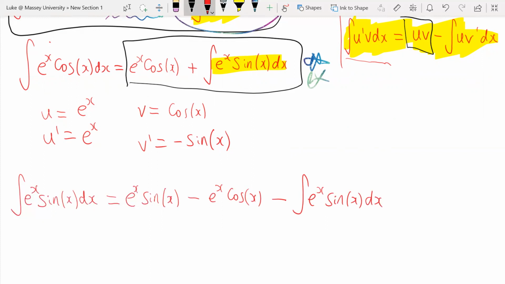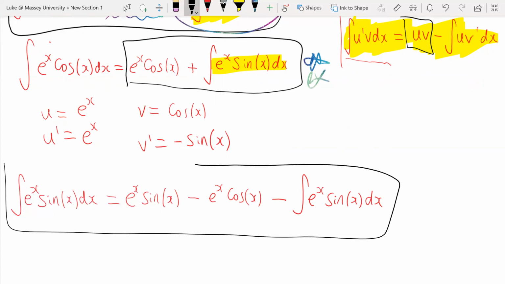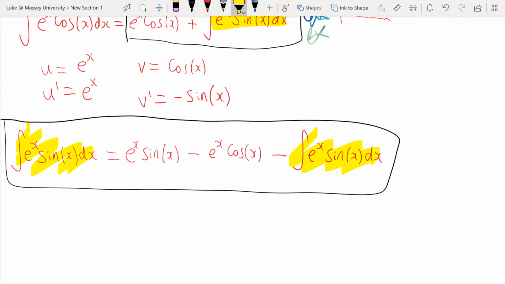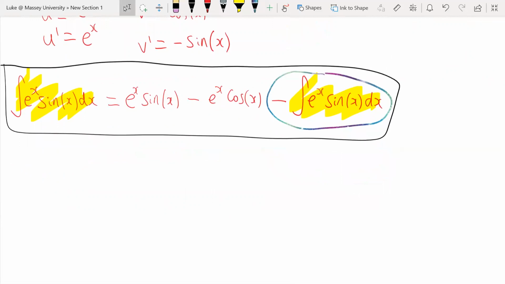Okay, so now we've got an expression for the integral of e to the x sine x, and as you can see, we've got the integral of e to the x sine x on both sides of the equation. So I'm going to take the one on the right hand side and add that to both sides so that I get all the integral of e to the x sine x terms on the left hand side. If I do that, I get 2 of these on the left hand side, right? So I get 2 times the integral of e to the x